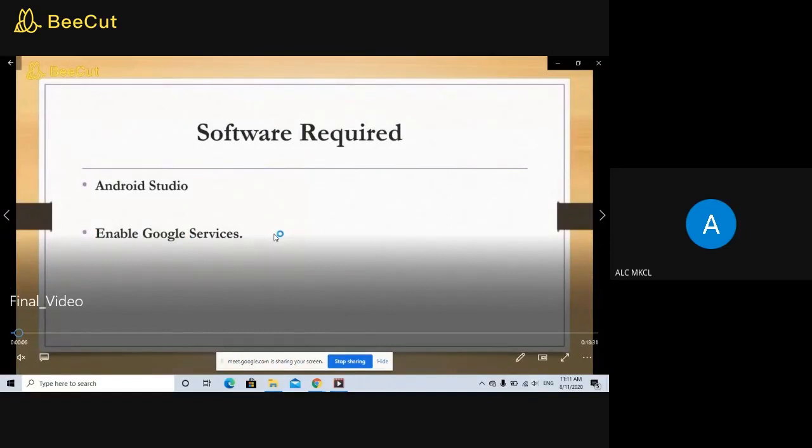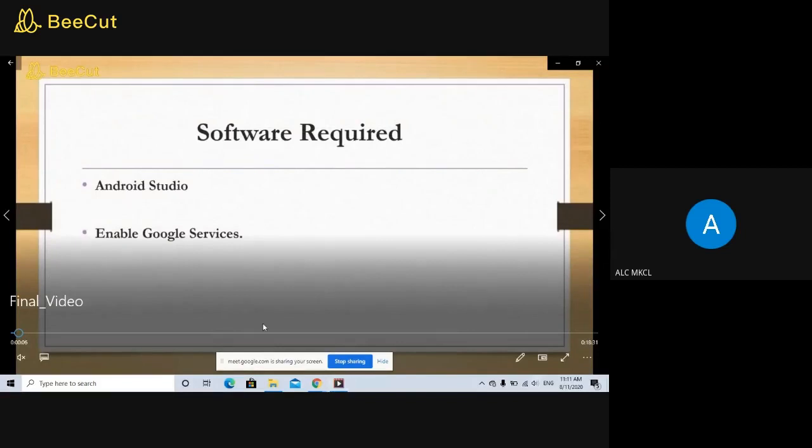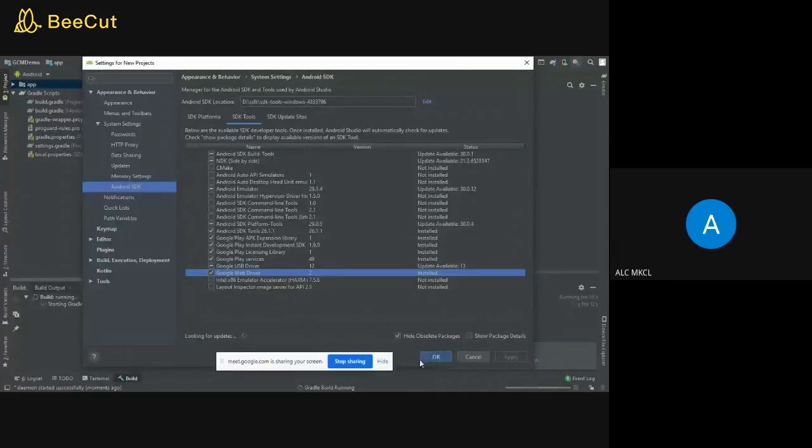Whenever you are installing Android Studio, you need to install the Google services to get the longitudes and latitudes. Otherwise, you will not get them. Therefore, I will show how to install that.